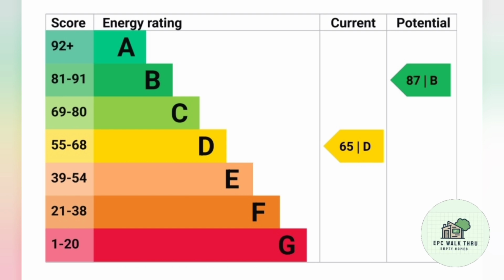Changing the windows from old unknown date double glazing to post 2002 double glazing will add on 2. So 66, 67. And then we just, 7, 8, we just need 2 more points. This could be gained with solar thermal or PV, but putting doors at either end of the corridor between